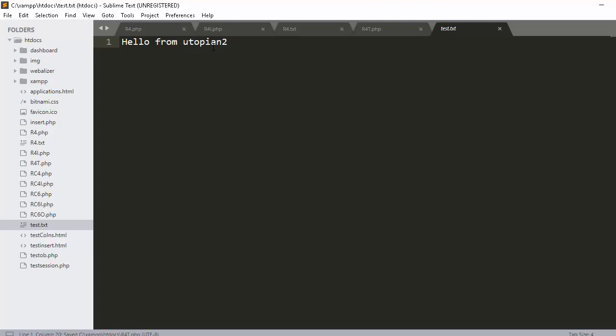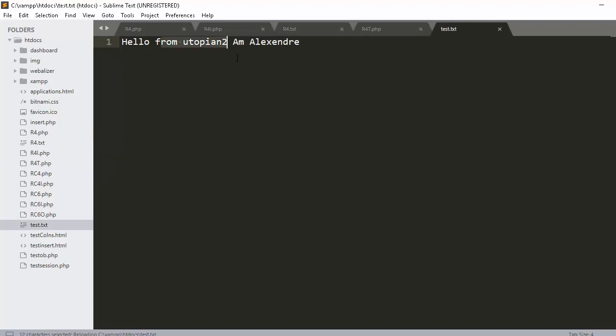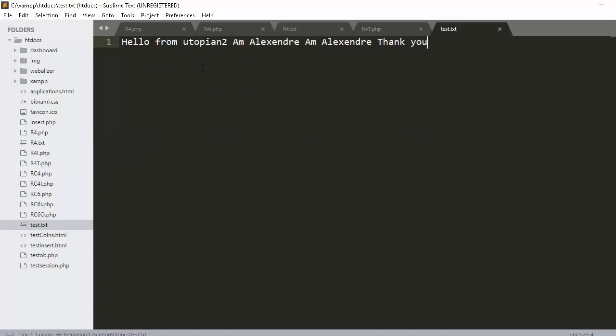Let's reload, and we have here "hello from Utopian 2". Let's reload and see the results, and we have "hello from Utopian 2", and after that Alexander. Let's, for example, add anything here, thank you or anything. Let's reload again and see the results, and we have "hello from Utopian 2 Alexander", and the second Alexander, thank you. So we can add anything after the original content of the test.txt file,